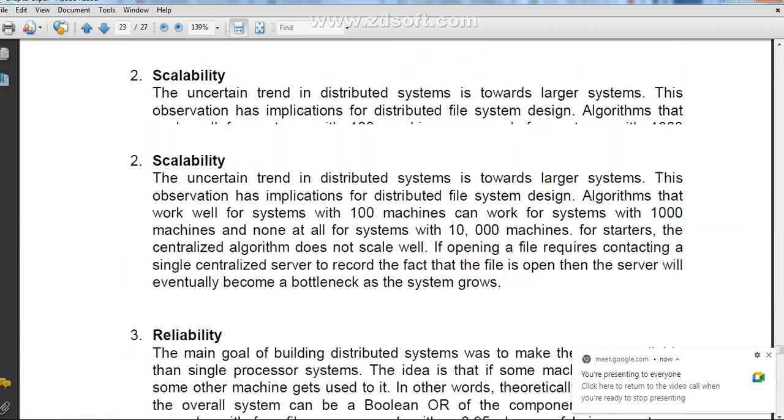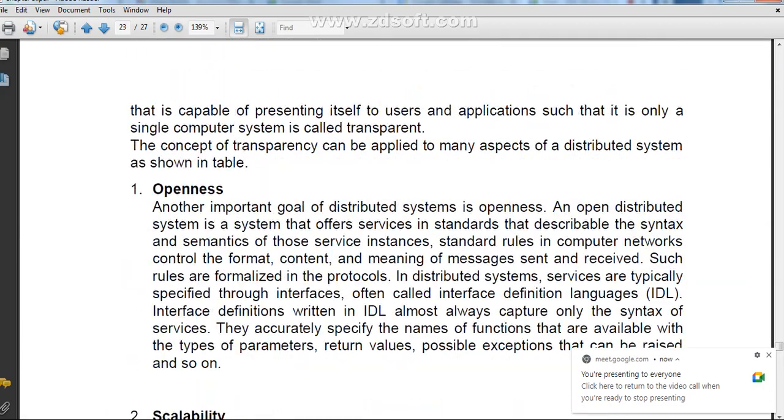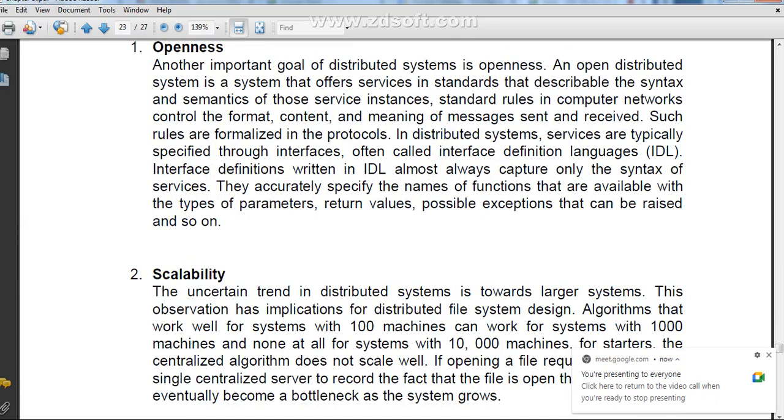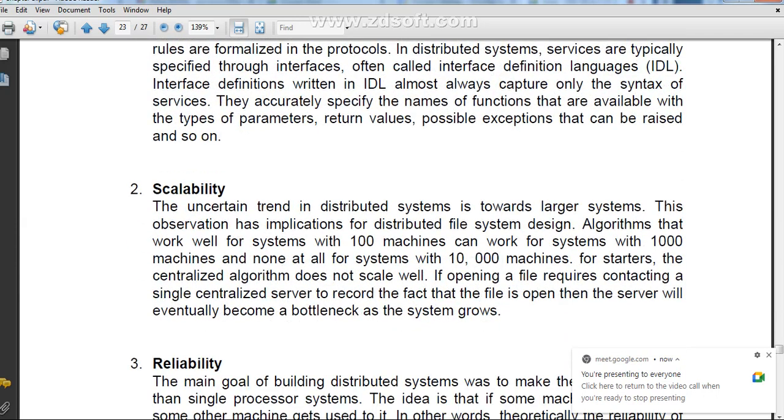Then the different features we have seen: openness, and scalability. Scalability means you can join hundreds of different machines. Also, you can share resources. Suppose there are 10 computers operating on the distributed operating system, and one computer has a resource available, a printer.